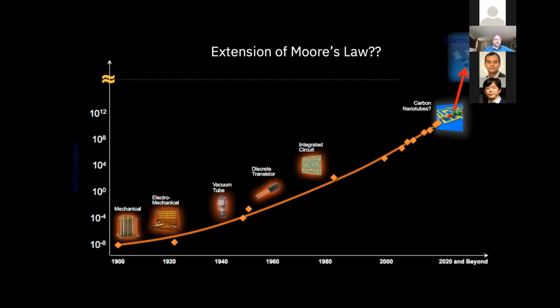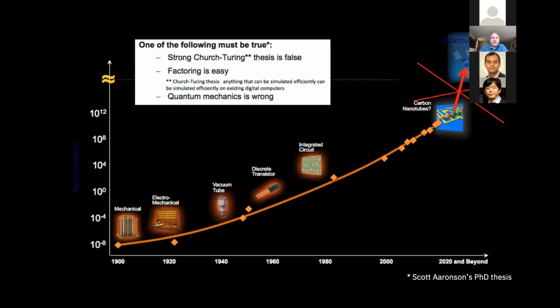What I think makes quantum computers a little bit special is that we try to break that Church-Turing thesis. Here I'm going to use an argument adapted from Scott Aaronson's PhD thesis, and it's based around the existence of Shor's algorithm, an algorithm for quantum computers that lets you quickly, in polynomial time, factor large numbers. Now, there is no known classical algorithm for factoring large numbers efficiently, and so that tells us one of three things has to be true.